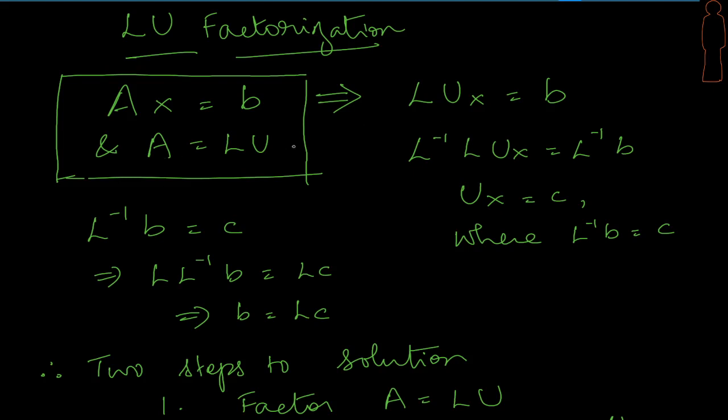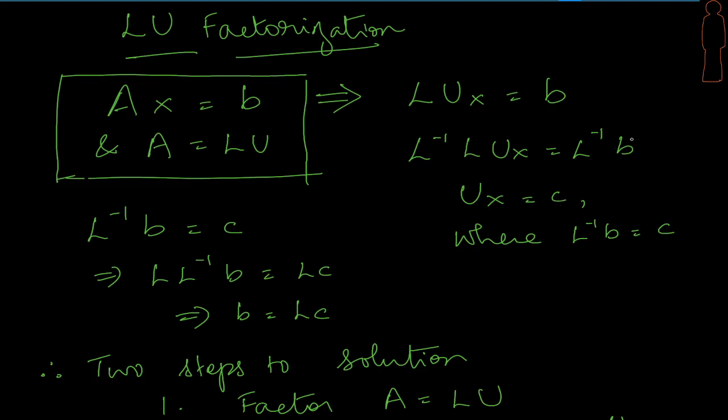Now that we have understood that A is equal to LU, since I know AX is equal to B, I am substituting for A as LU here, right? That gives us LU times X is equal to B. So if I pre-multiply this with an L inverse, obviously the assumption is that L inverse exists. On that assumption, let's pre-multiply both sides with L inverse. That gives us that UX is equal to L inverse B, which we call C, right? So L inverse B, I am calling it C.